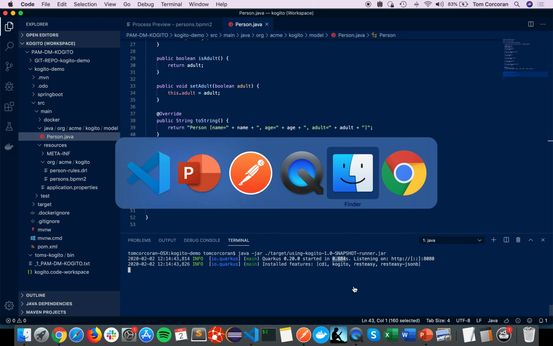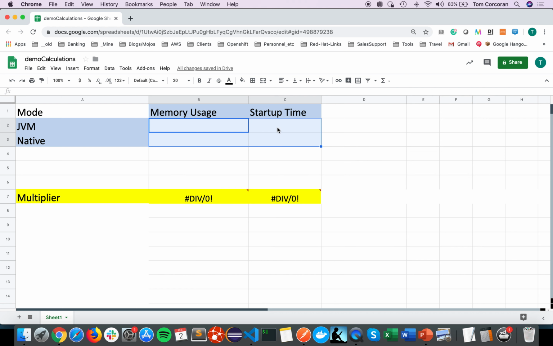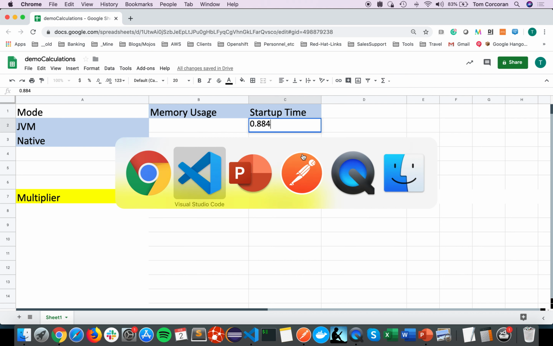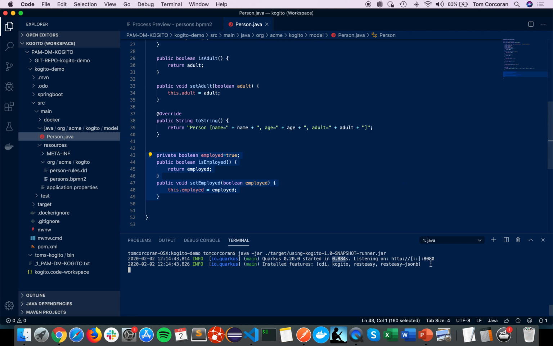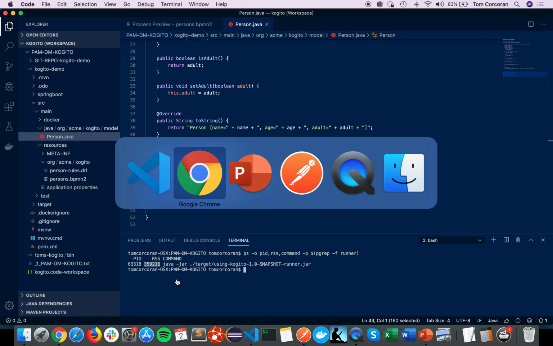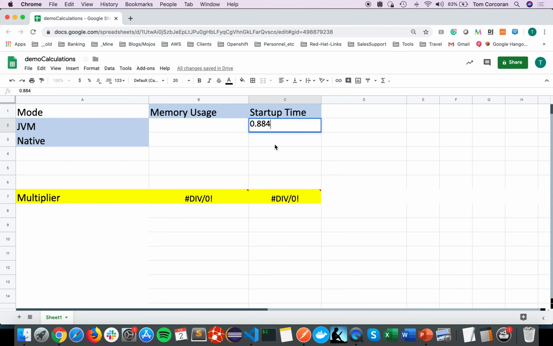I'm going to just slot that into a spreadsheet that I have here, and in order to measure my memory consumption, I'm going to switch to a different terminal, and we run this command here that returns, most importantly, the RSS, the resident set size, or the consumed memory. So you see it's 359K. I'm going to record that here in the JVM column,